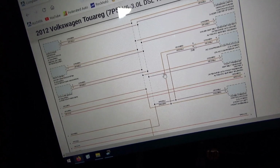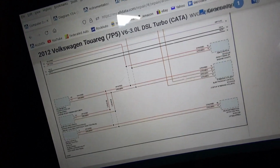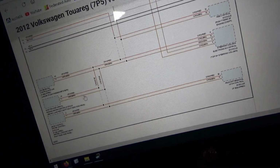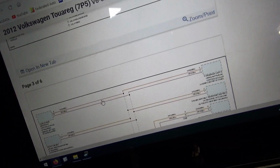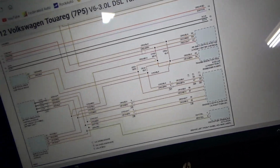So this is like the safety stuff. This is the drivetrain stuff. There's, let's see, ABS, differential control, parking aid, level control. Here's our engine control module. This is the drivetrain